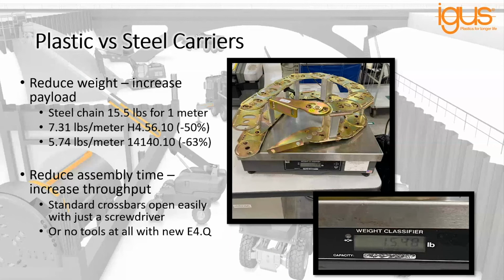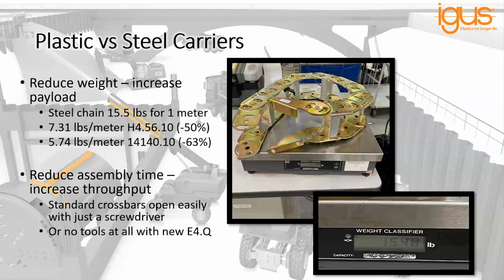So one of the primary advantages of a plastic carrier over a steel carrier when it comes to construction machinery and lifting equipment is going to be weight. Every pound that you can shave off the components needed to build the machine is an increase in payload. So, comparing and contrasting the plastic chain versus a steel chain,